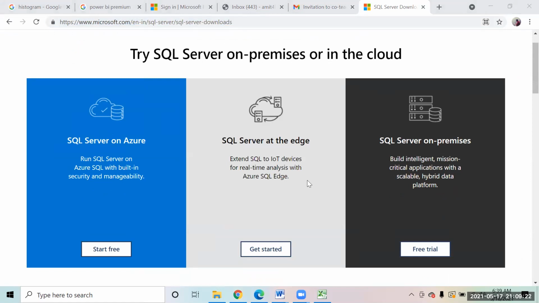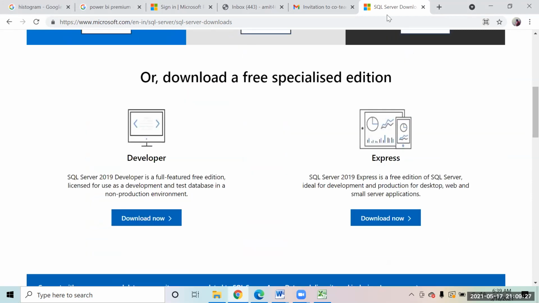If you come onto this link, first of all, you have to download the Express Edition. Now, it is straightforward. When you download this file and start it, please write down these steps.